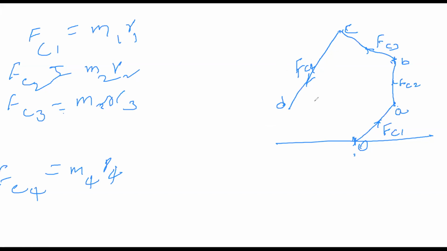FC4 is represented with our inclination of M4. So that inclination is nearly 245 degrees. That means it is going towards the bottom side. Those all are represented by the help of our product of MRs, that is M1R1, M2R2, M3R3 and M4R4. Those all are represented with the scale format. So that scale is 10 Newton meter equals 1 centimeter.